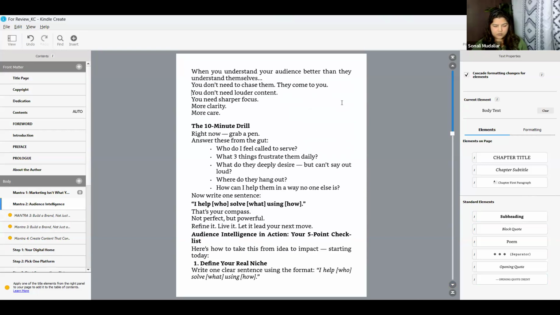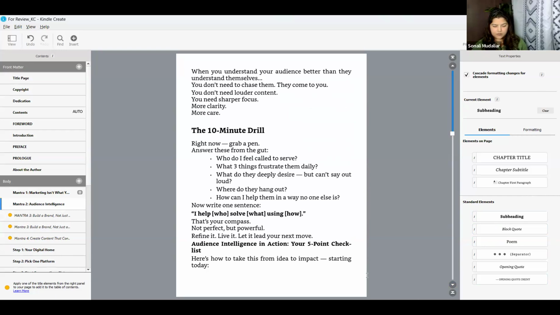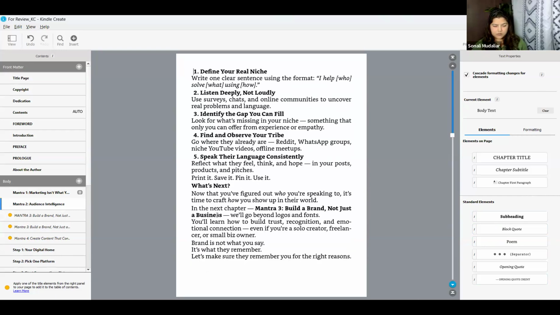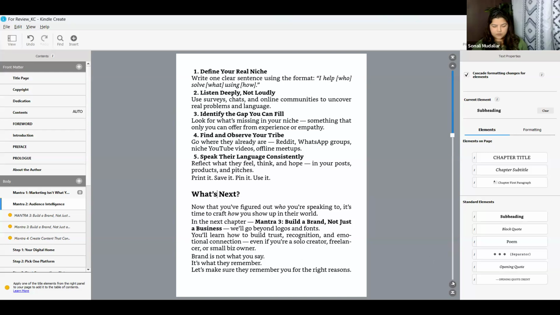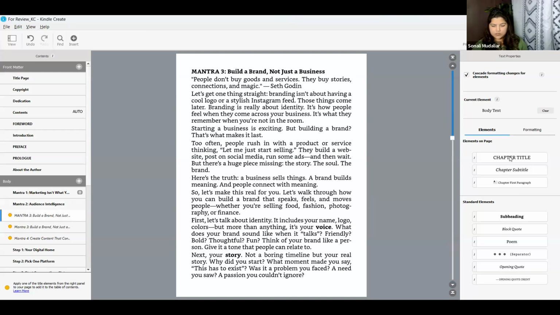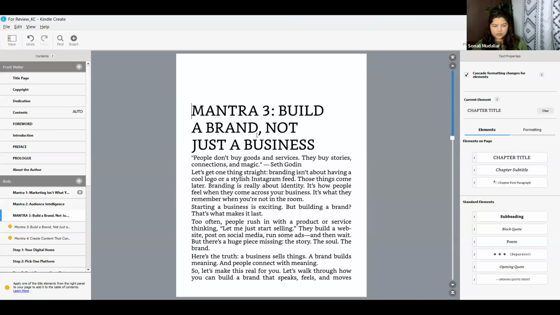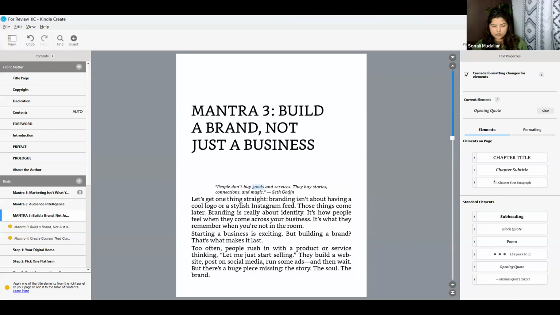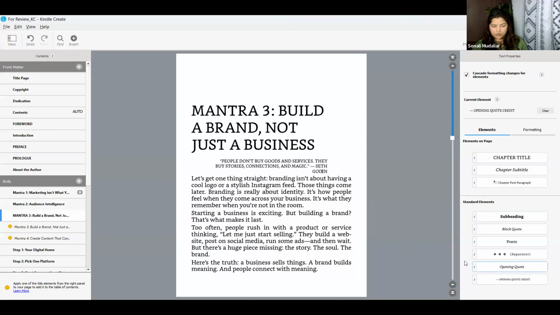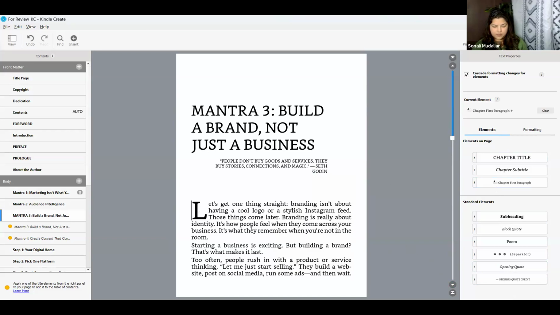And just scroll down. This is my subheading. Scroll down. This is my subheading. Go down. This is my chapter title. This is my opening quote. This is my opening quote credit. This is where I will be using my first paragraph out here.